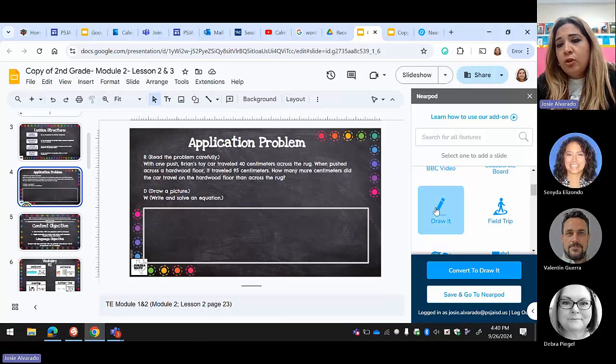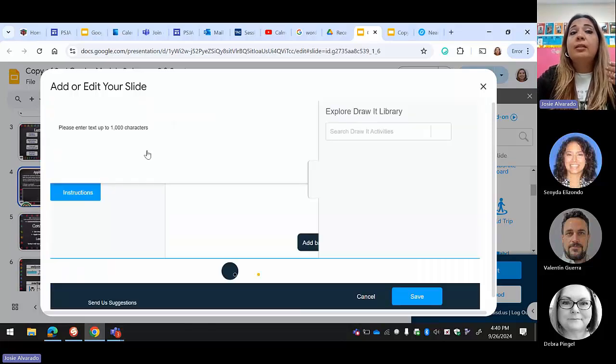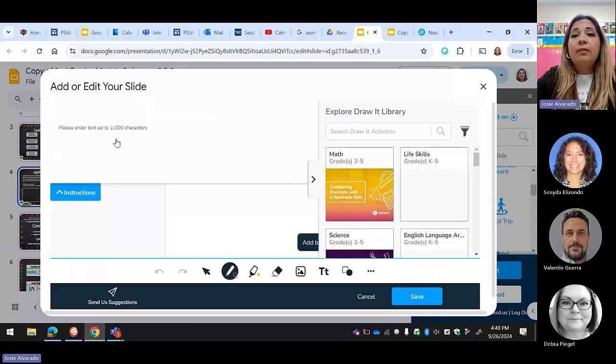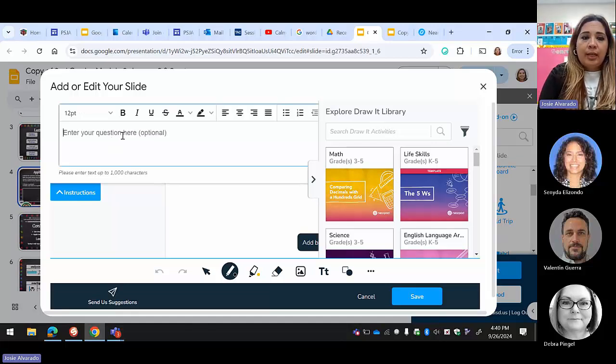So I'm going to go ahead and click on the Draw It part, the tab right here. I'm going to click on it. And it's going to open this window and it's going to say add or edit your slide. You do want to edit it, I'm sorry, because you want to give them specific instructions on what to do on that slide. So you could just tell them to draw